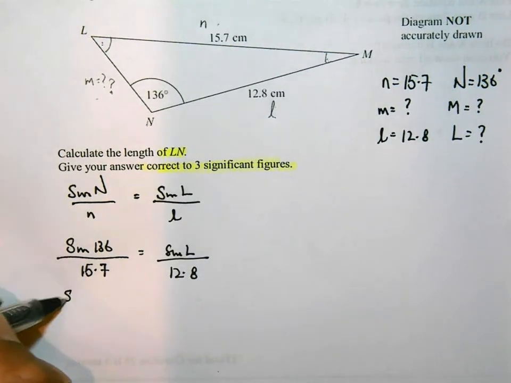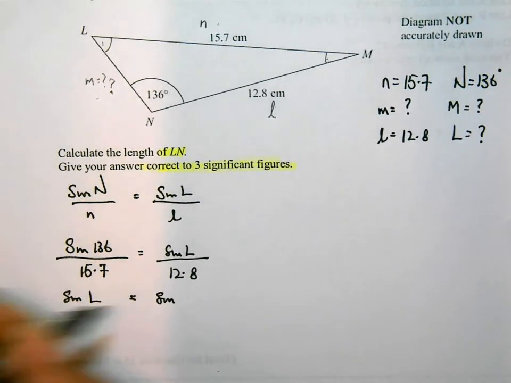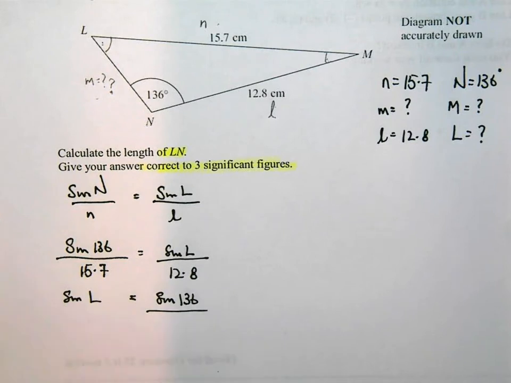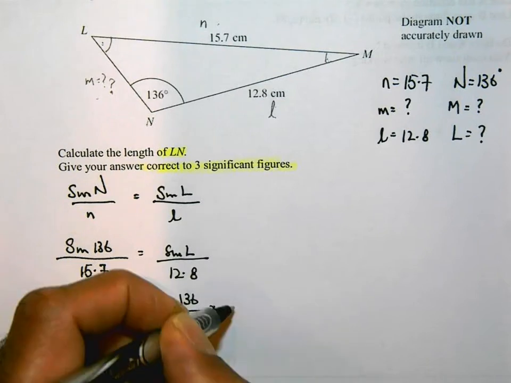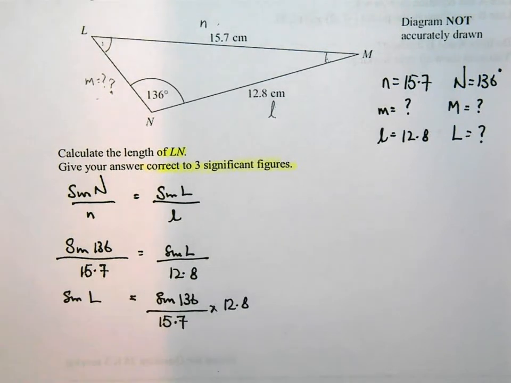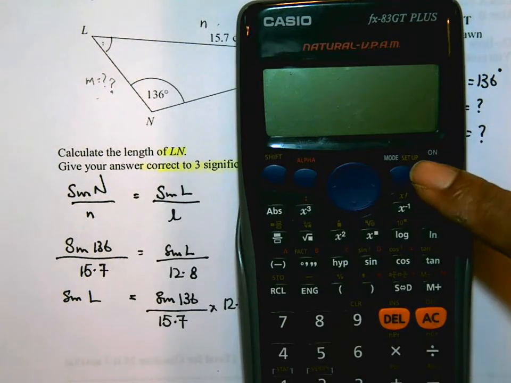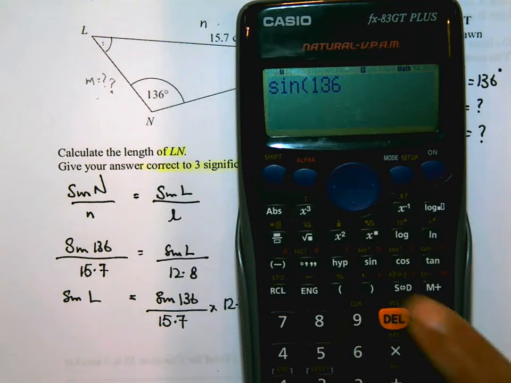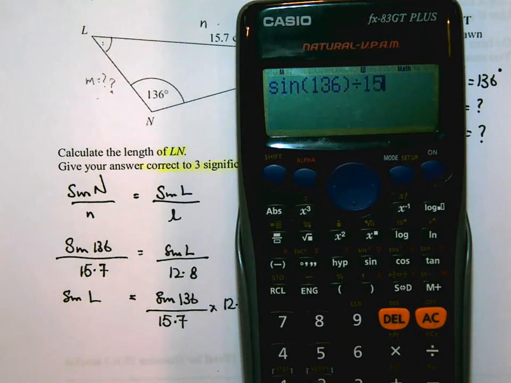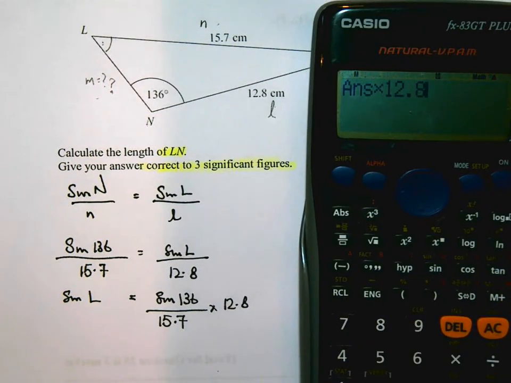Sine L is going to be sine of 136 over 15.7 times 12.8. And I'm going to use my calculator to carry out that calculation. So sine of 136, I'm going to divide that by 15.7, and then I shall times my answer by 12.8 equals, and that gives me